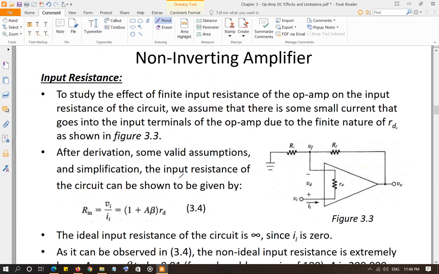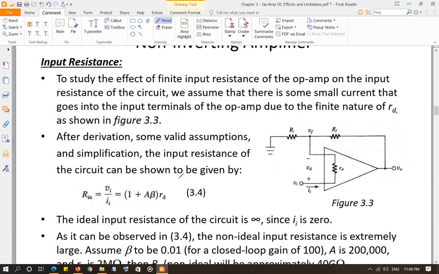input resistance. So again, I discussed that input resistance for the ideal non-inverting amplifier was infinity, because I input is 0 and V input of course is non-zero. So V input over I input, when I input tends to 0, is going to give you infinity. So input resistance of non-inverting amplifier, ideally it is infinity. Okay, so for the